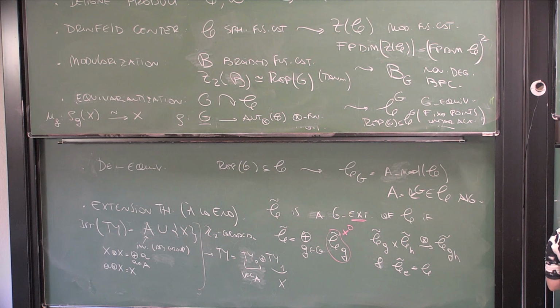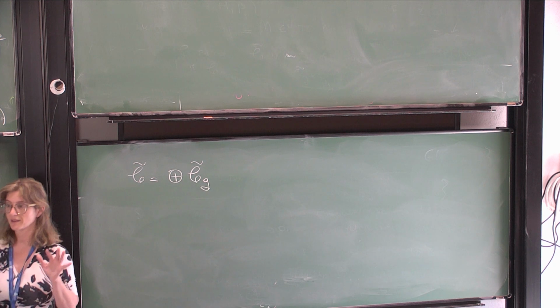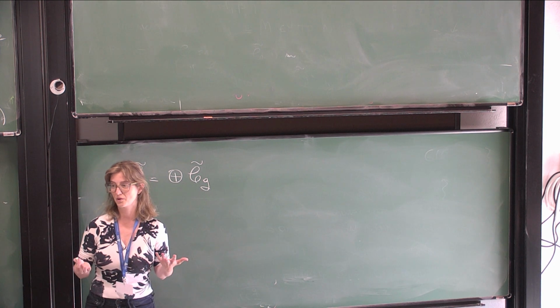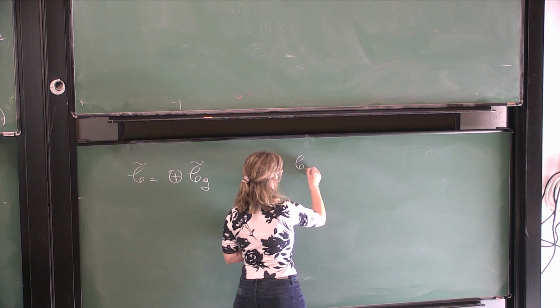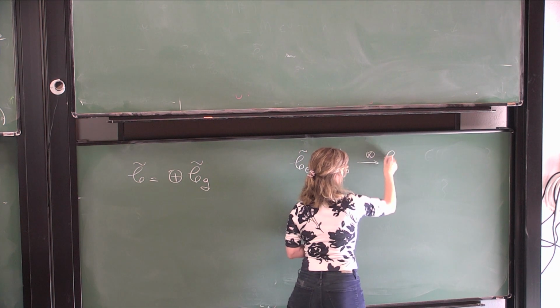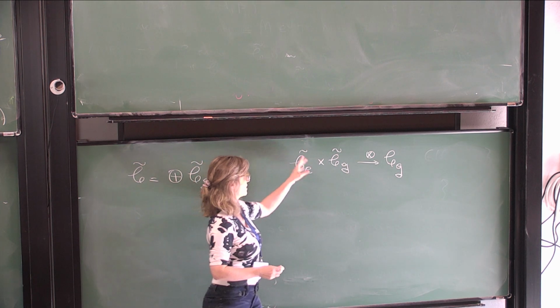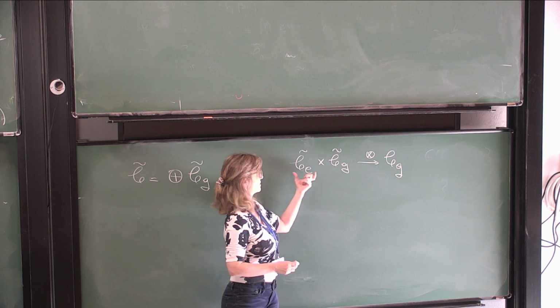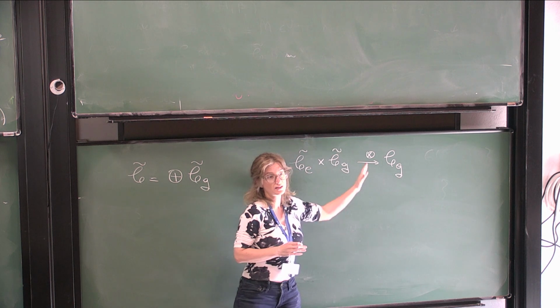So the idea is that if you have this extension, and I didn't explain these words, to be honest, but we will think that these are categorifications of notions that we know for rings. So if you think about this component, when you do the tensor product here, we end up here, right? So basically, we can think that there is an action of our original category C, the trivial component, on C_G. In this case, I'm acting just by the tensor product.